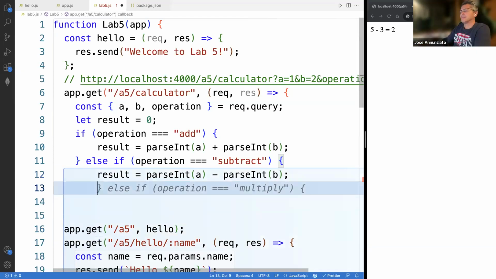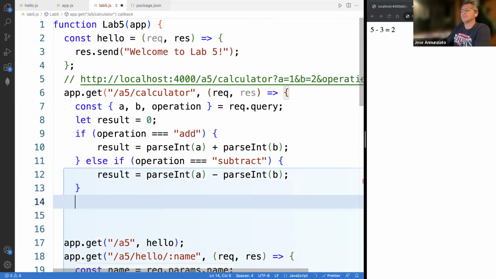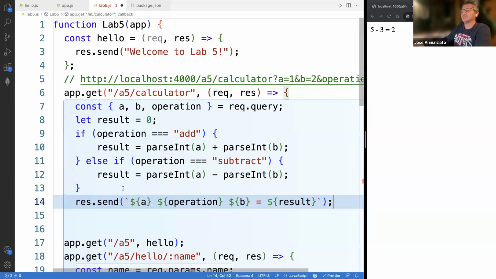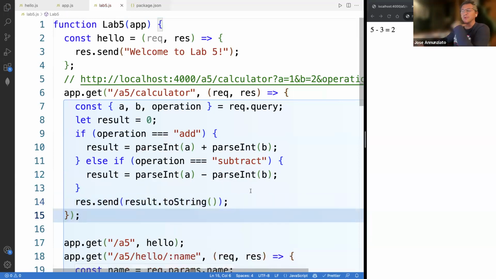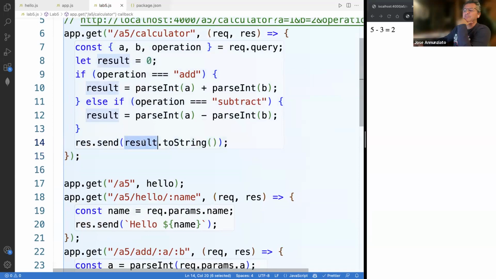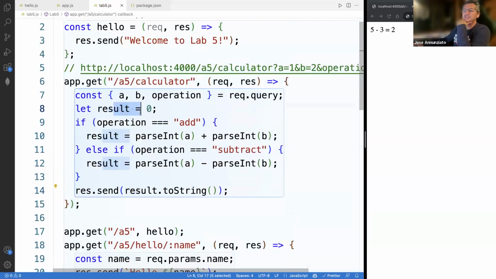So we have the subtraction, and let's only just do those two, right? And so we're going to respond with the results, only the results, just the results. But the result needs to be converted into a string. Good point, yes. The reason is that if this was an integer and we send back an integer to